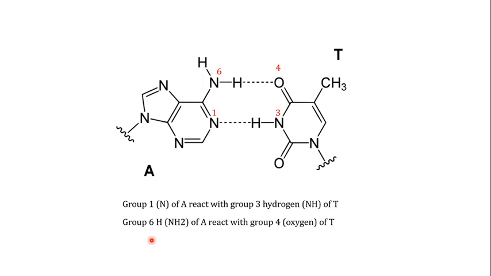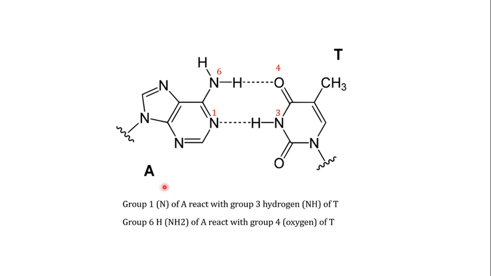If you talk about the DNA, one of the purines interacts with the other pyrimidine when you are making the double-stranded structure of the DNA. So you should know which of the positions of the adenine are interacting with the thymine, and which of the positions of the guanine are interacting with the cytosine. Because if you talk about the complementary base pairing in the DNA, the adenine is making 2 hydrogen bonds with the thymine, and the guanine is making 3 hydrogen bonds with the cytosine. So what are the exact positions in these adenine and thymine, and the cytosine and the guanine?